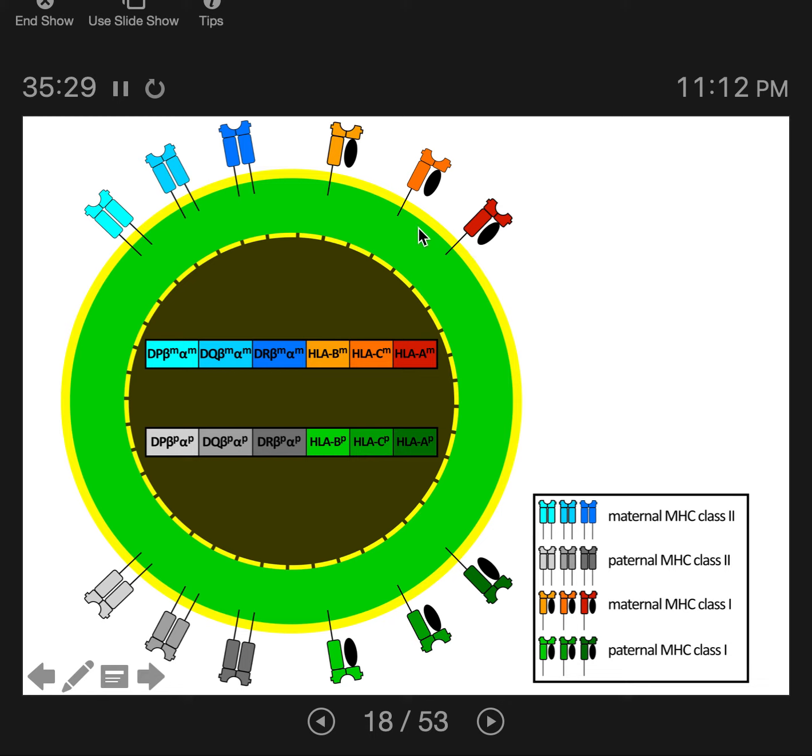So when you receive an organ transplant, if the donor didn't have the same MHC class 1s, your body is going to say, I can't find the self tag, because it doesn't recognize the other person's self tags, and it'll attack the organ as a foreign object. And that's why we suppress the immune system when we give organ transplants, so we can suppress the autoimmune attack.